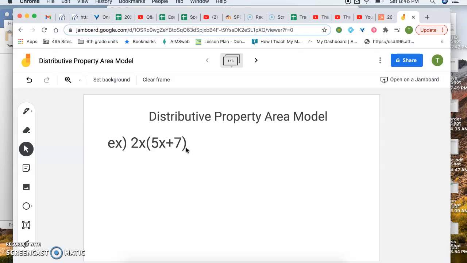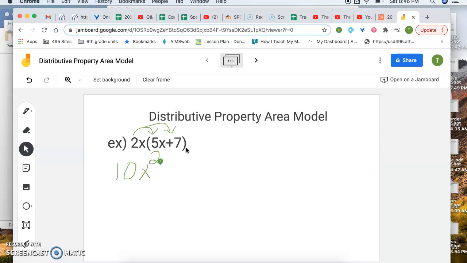And usually when we use the distributive property here, we want to take whatever's on the outside. I'm going to come right here and multiply it right inside to the 5x, and also right here to this positive 7. Okay, so we'd have our 2x times 5x. That's going to give us that 10x